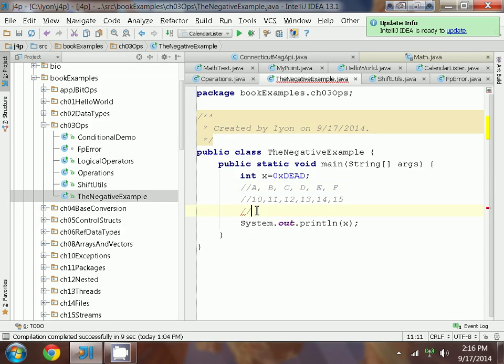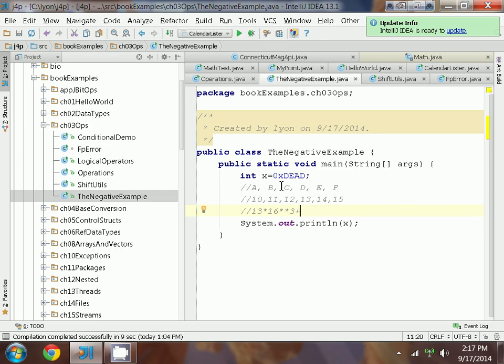So when we think about dead as a decimal quantity, we can rewrite it in what's known as positional notation. And so what that says is it's really equal to 13 times 16, which is the radix or base, raised to the 3 power, plus